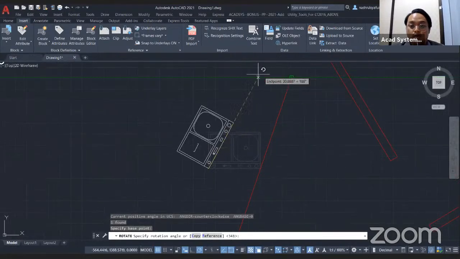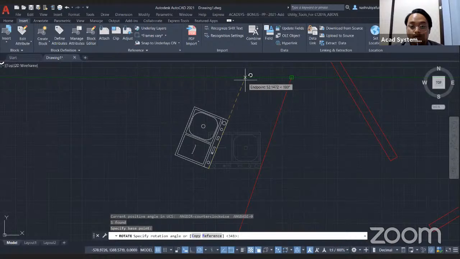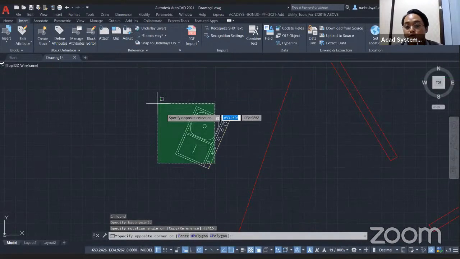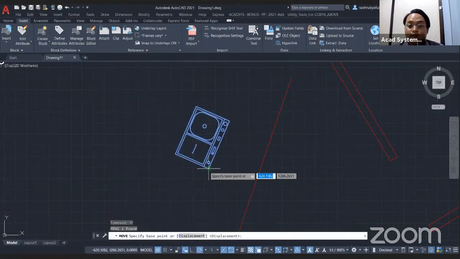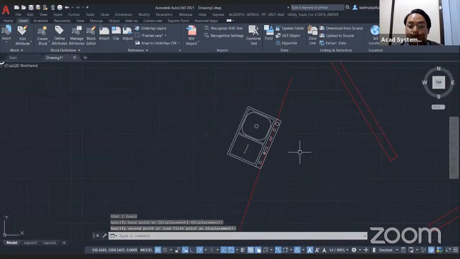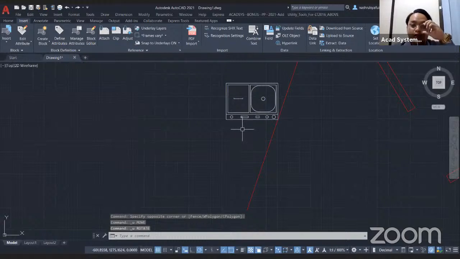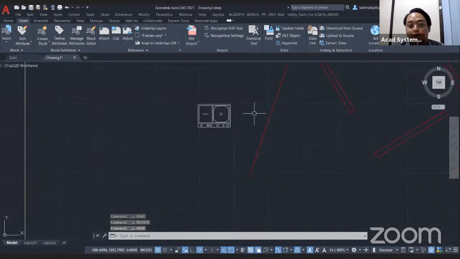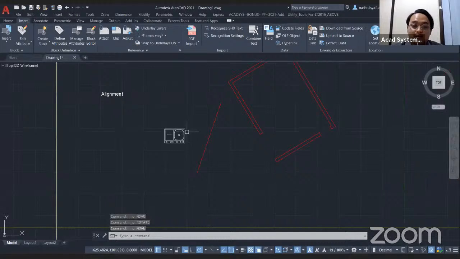Or you can also use a line and move here. Why should you bother doing a lot of things? So what we can do